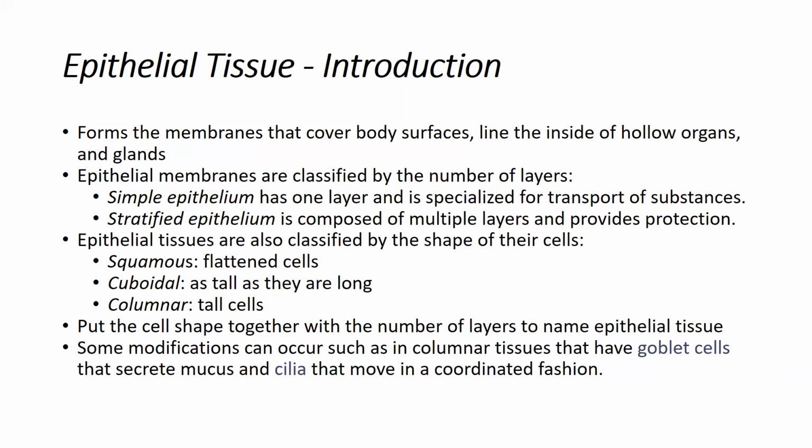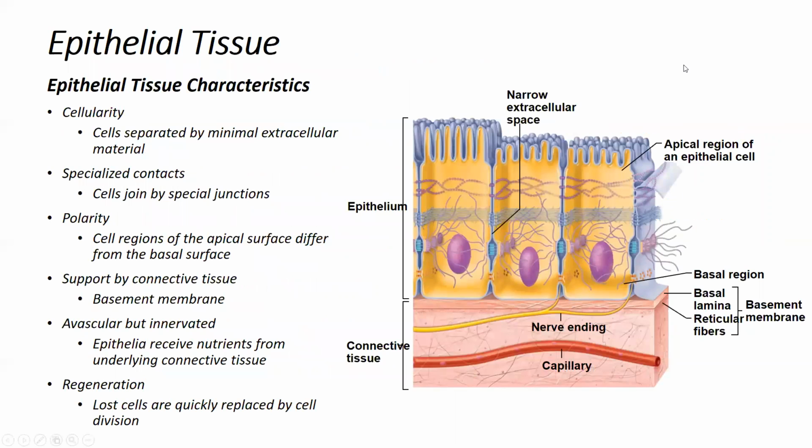And then we also classify epithelia based upon the shape of the cell, and if it's a flat cell, we say it's a squamous tissue. If it's a square cell, we say it's a cuboidal tissue. And then if the cells are really tall, we say that this is columnar. Okay, so basically you put those two names together, and that's